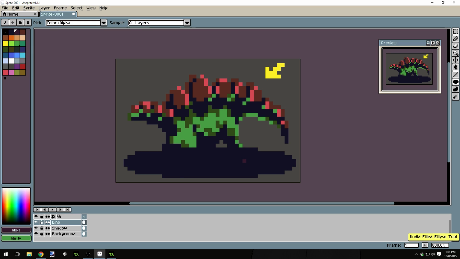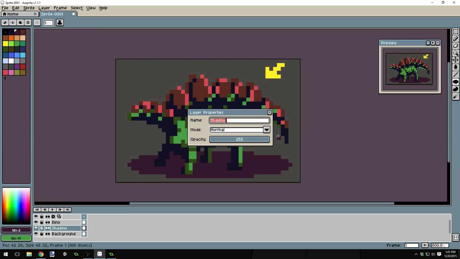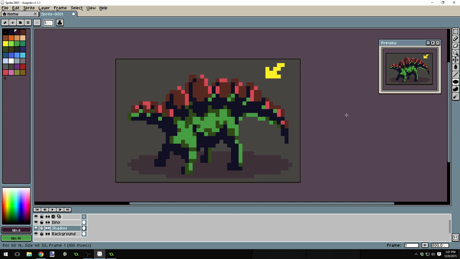Oops. I'm on Dino. What? I hope I didn't draw that shadow on Dino. I think I did. I want to make sure that you draw it on the shadow layer, not the dinosaur layer. Okay, there we go. Now what I'm going to do is make this layer, if I right click on it, I can go to properties and alter its transparency a bit. So we get a shadow that's not quite as strong. And then